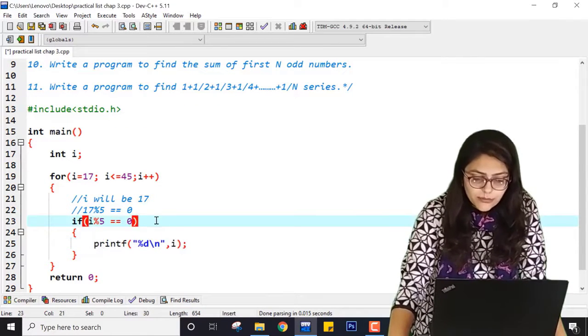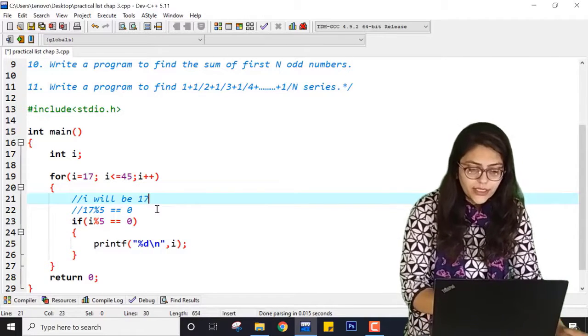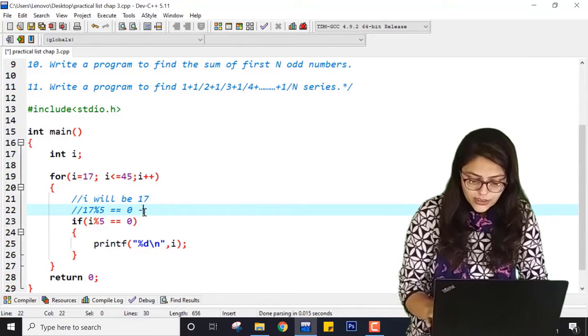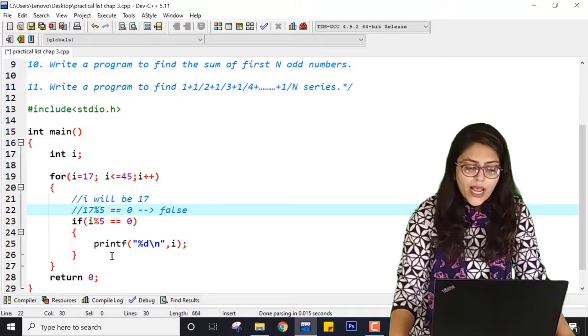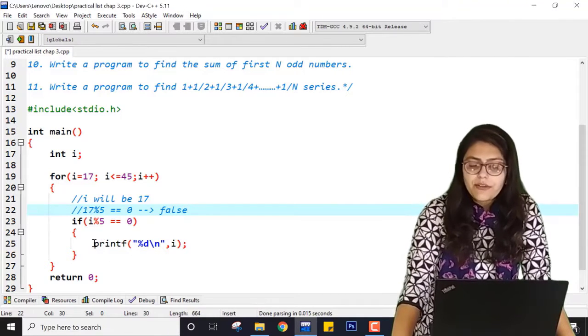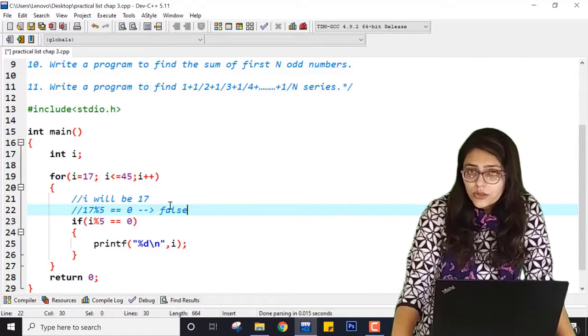If it is not divisible by 5, this condition is false. For 17, is 17 modulo 5 equal to 0? No, so this condition is false. As it is false, it cannot go inside this conditional block and printf cannot be executed. For 18 also it will be false, for 19 also it will be false.